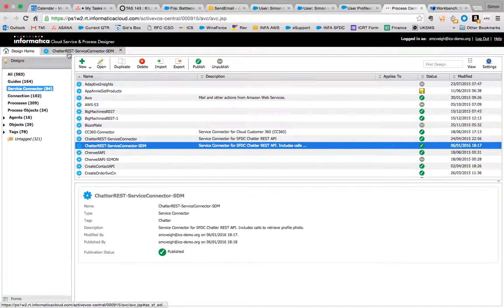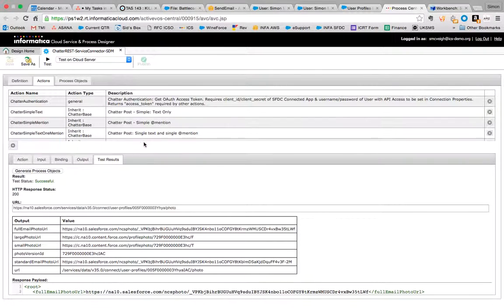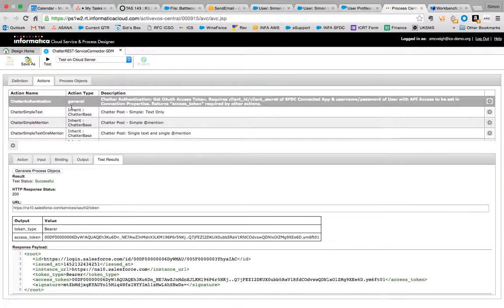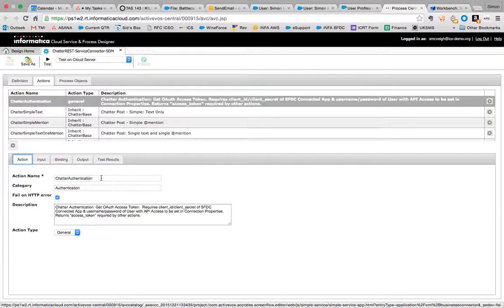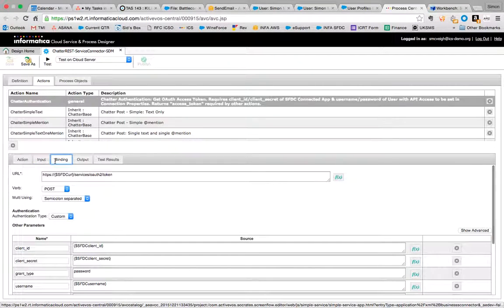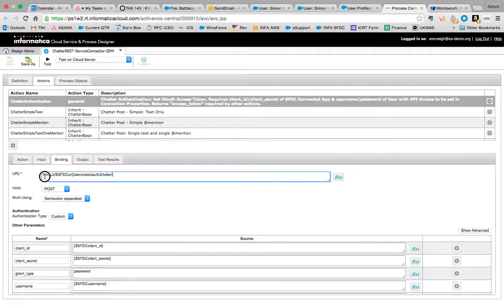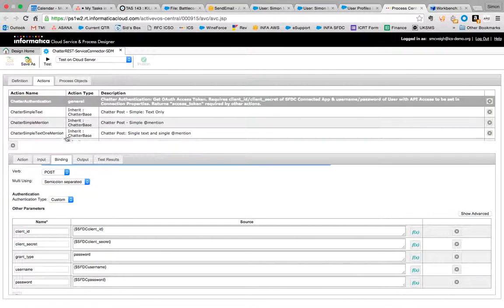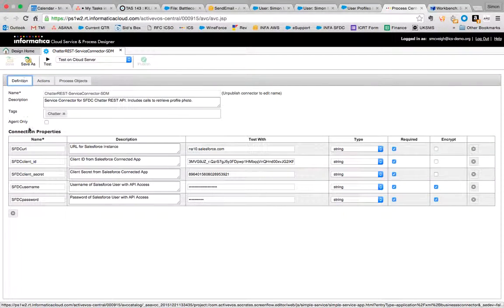If we go into the service connector, I actually had a service connector that already implemented some of the basics of Chatter. So we've got in here in the Actions tab an action named Chatter Authentication. And basically what this does is, if we go to the binding section, it's going to call to get a token. And there's a few parameters that we need to pass through, which are actually stored in the definition section